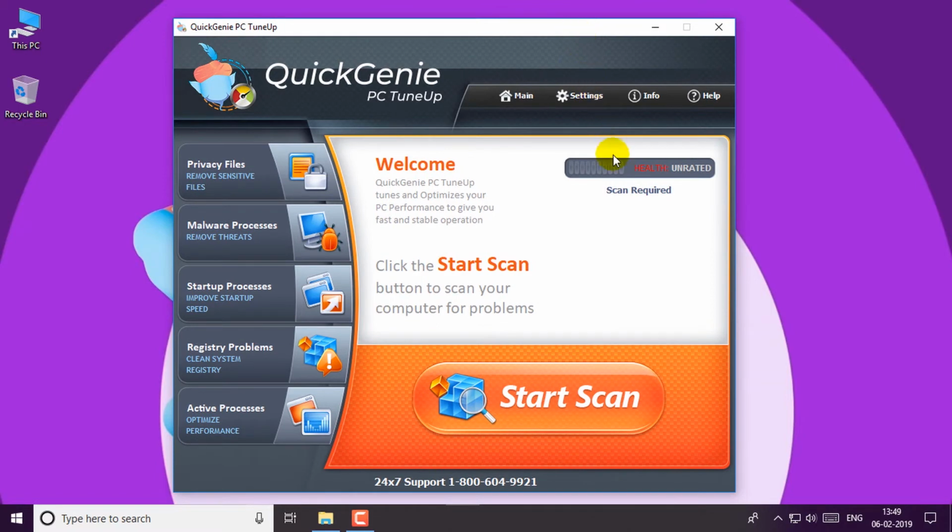The health meter will give you an estimate of the performance of your computer once a scan has been completed. You can choose to remove privacy files such as browsing history and cookies, remove malware and other harmful threats, optimize startup and shutdown times, troubleshoot and fix registry problems, and close down unneeded active processes to boost your PC's performance